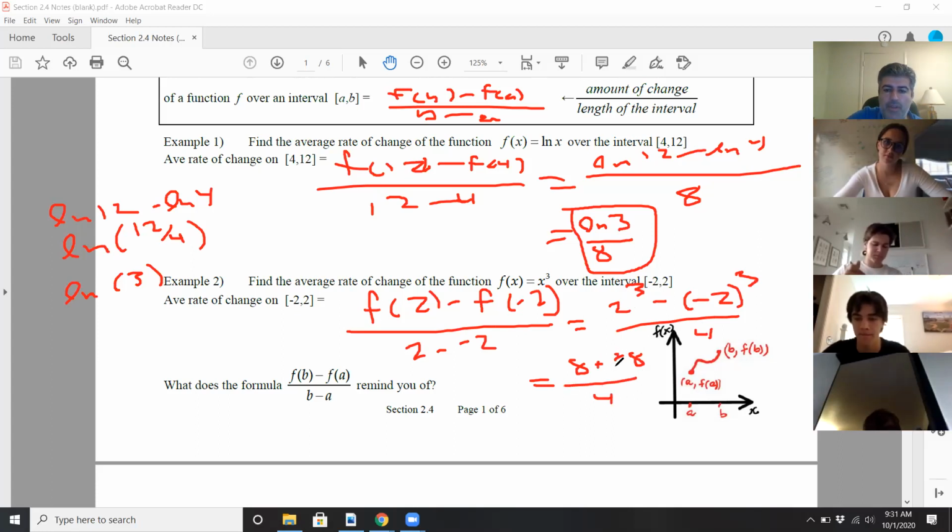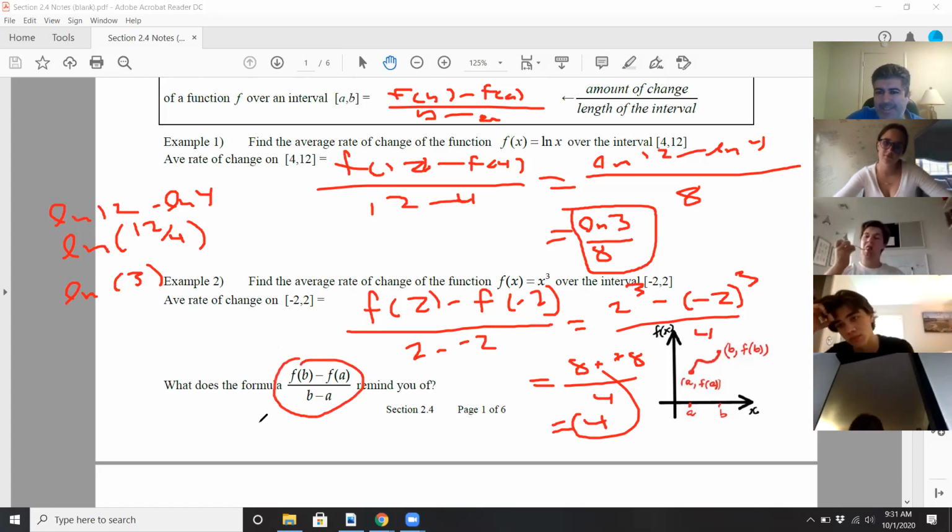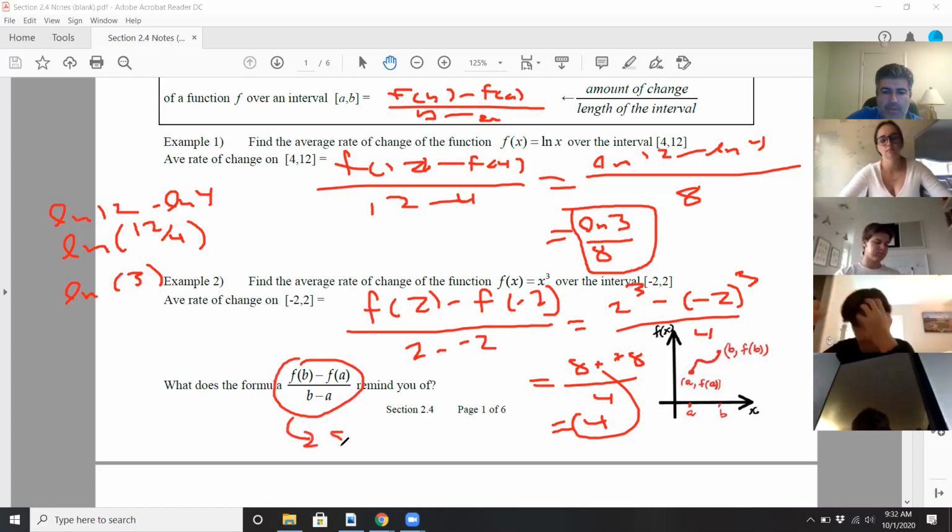And 6 over 4 is, of course, 4. Good. And thank you for those who just brought chats in. Great, thank you so much. So good, easy, right? So what does this formula remind you of? I already said so. Reminds you of slope. And more specifically,